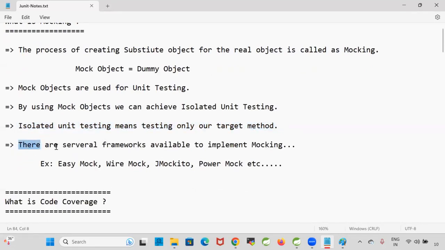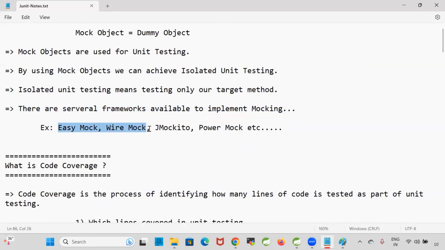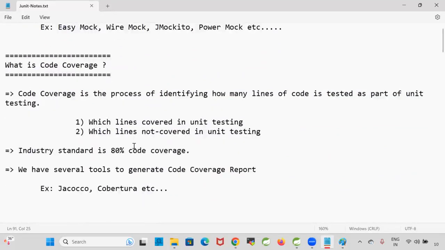There are several frameworks available to implement mocking in the market. What are those frameworks? EasyMock, WireMock, JMockito, and PowerMock. Then after mocking, code coverage is another important factor in unit testing. What is code coverage? Code coverage is the process of identifying how many lines of code are tested as part